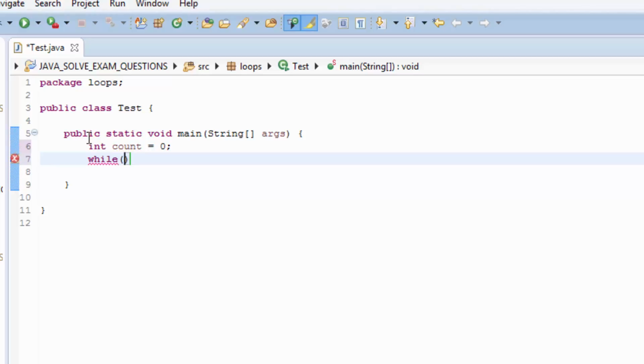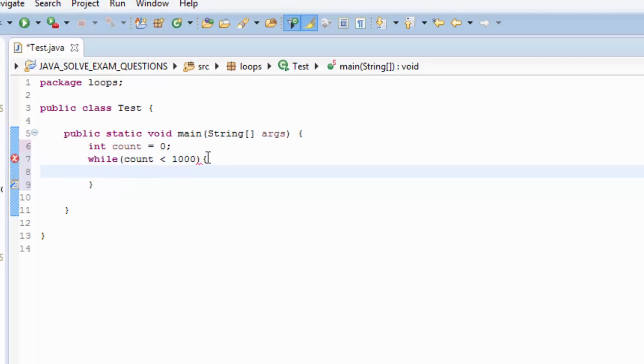Then inside you can pass count less than 1000. Then we put the braces here, and inside the while loop, let's print, maybe let's say